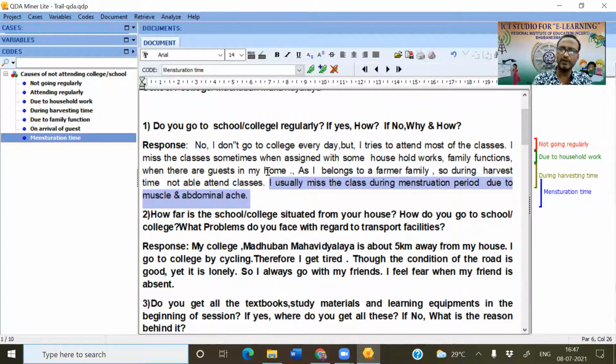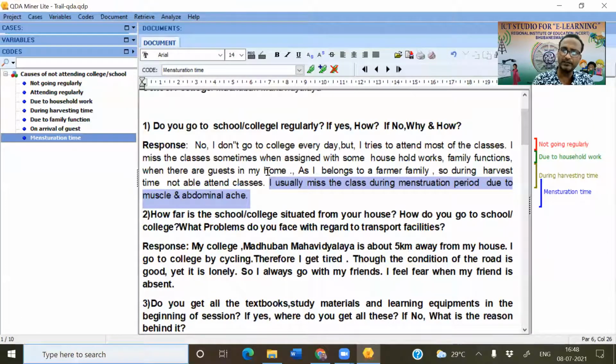So let me summarize what I discussed. Today I demonstrated how to create a project by importing data from your system, then how to create different variables, then how to create codes, and the last part is how you can assign codes to the segments in the data.